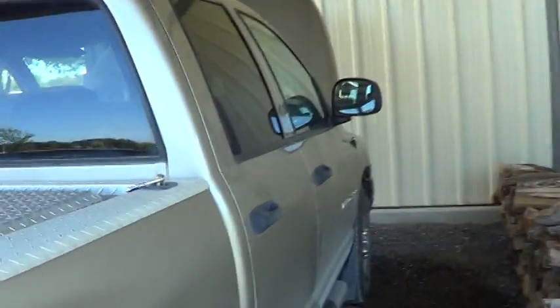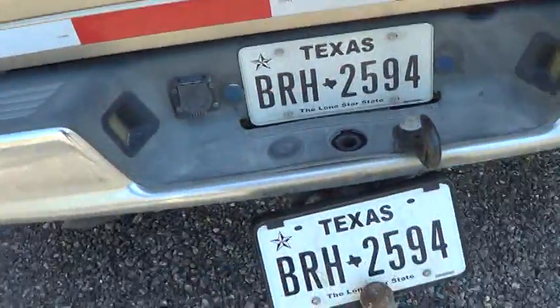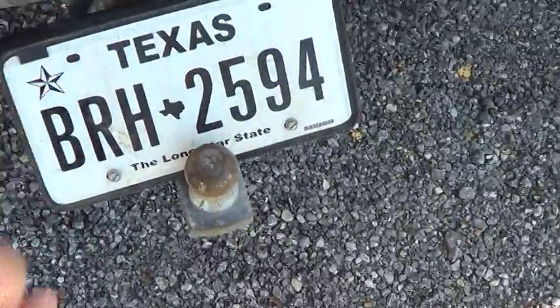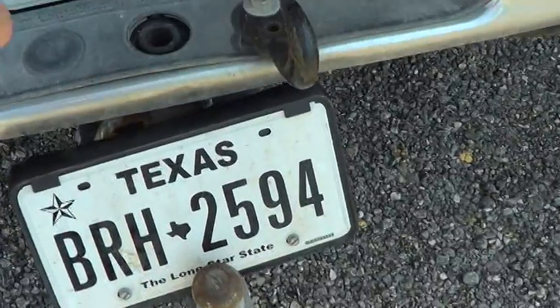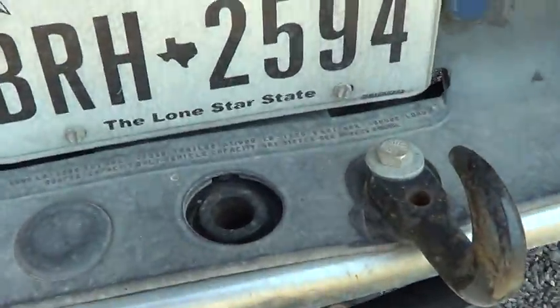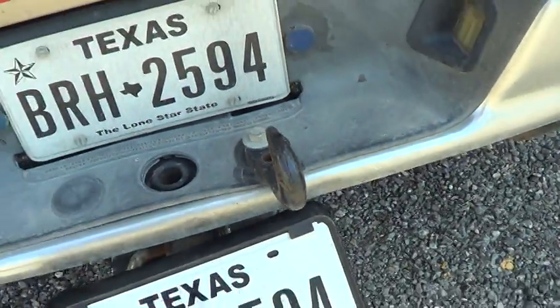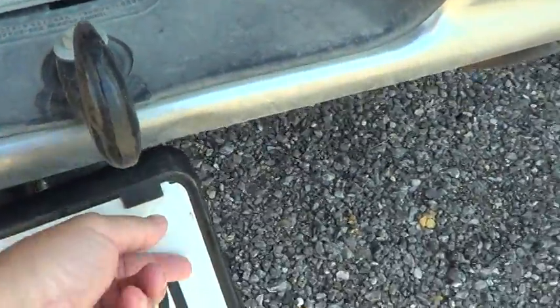So we're back to NHTSA stickers and cars and stolen. If you're looking at cars that might be stolen, the other clue that used to get people is when people steal license plates, they steal the front license plate. This is my front license plate that fell off. They steal the front plate and they put it on the rear. Now, in some states, you have the registration on the plate itself, so you can tell if it's a front or rear plate. But that's no problem, because they'll just steal the tag off a rear plate and put it on a front